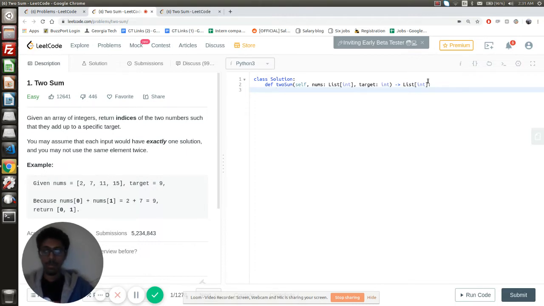So let's look at a brute force way to approach this problem. The brute force way is that we have two loops, loop i and loop j, where i and j will be all possible combinations of the numbers, and then we check if we reach the target or not. This is an O of n square solution because you are having two for loops. So that is one solution we discussed, which is O of n square, brute force, two for loops.